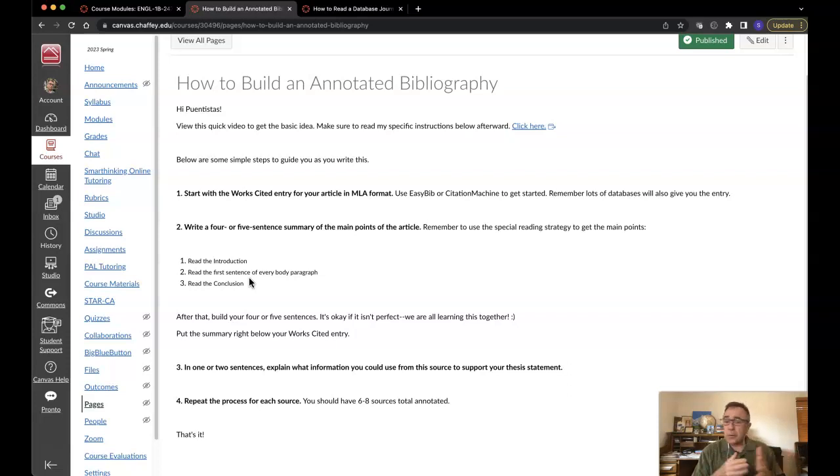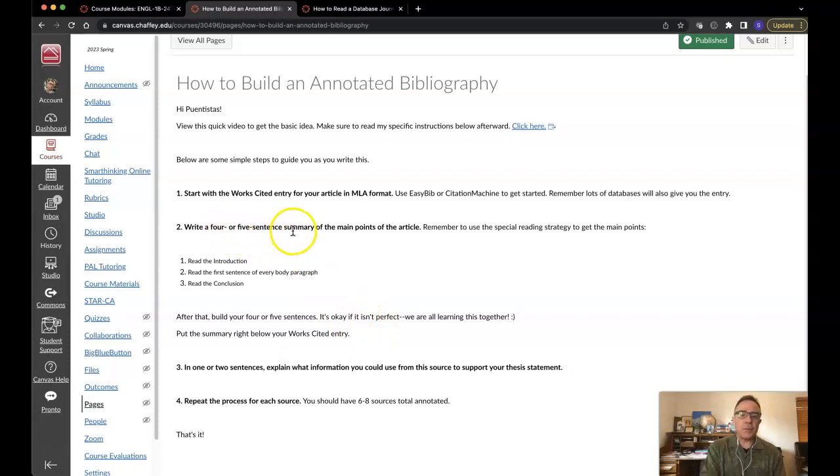And again, I know there's going to be overlap of sources among a lot of you, and that's totally fine too. Sharing sources is great. You're all going to be writing your own papers, so I'm not even worried about that. And once again, it's okay if it's not perfect. Remember, all these little steps in between are preparation for making that final product at the end, and that's the only thing I'm really worried about. So again, if it's not perfect, we're all here to learn. We can find a way to make it look good, get the points that we need, and move forward.